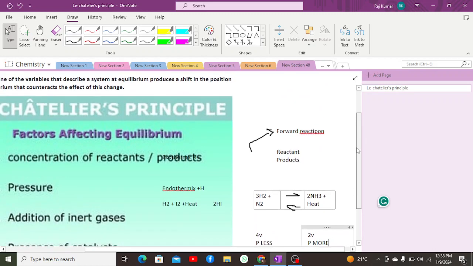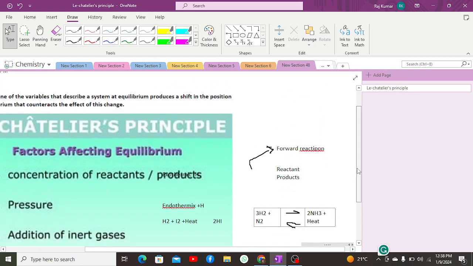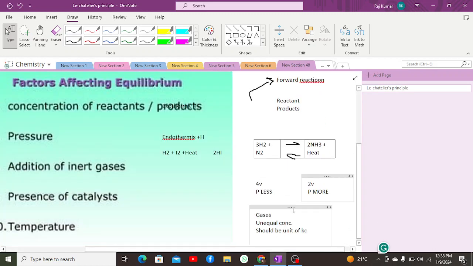In order to affect the equilibrium, suppose there is an increase in pressure. Then we will be causing the system to minimize its volume, to reduce the volume. In order to reduce the volume, we need to conduct the reaction on the forward side, because on the forward side, within the equilibrium mixture, there will be more concentration of